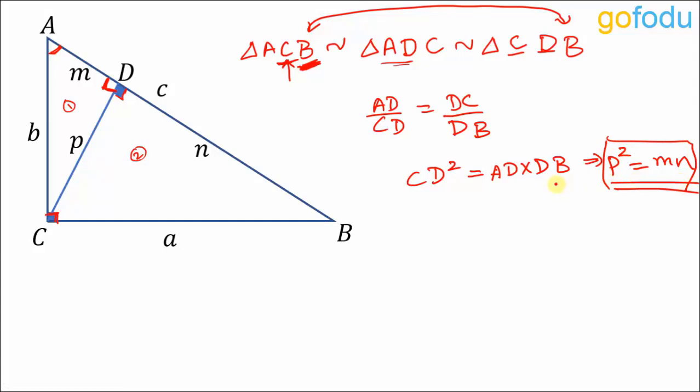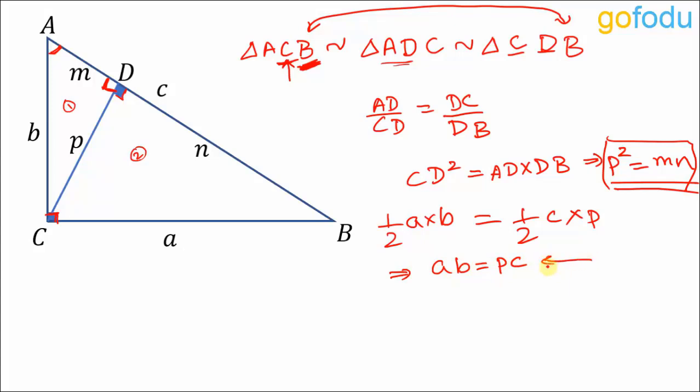Now there is one more result that we can get by writing area of this triangle in two different ways and then equating both the areas. One is we can take A as base and B as altitude. So area of triangle is half A into B, which is equal to, if I take this hypotenuse as base, half base into altitude will be P. So this will give AB is equal to PC.